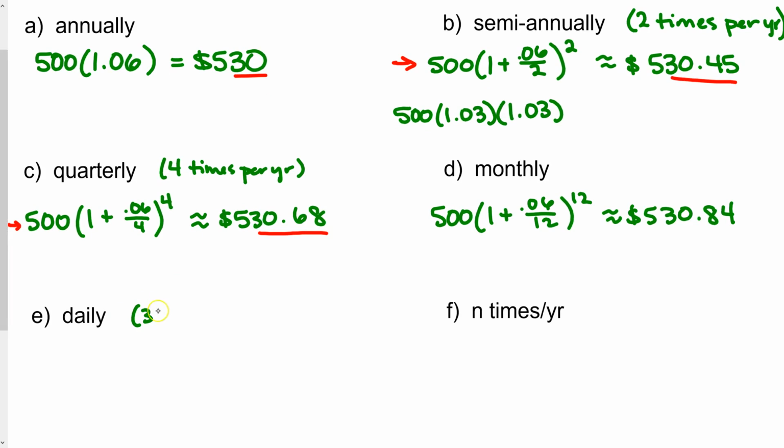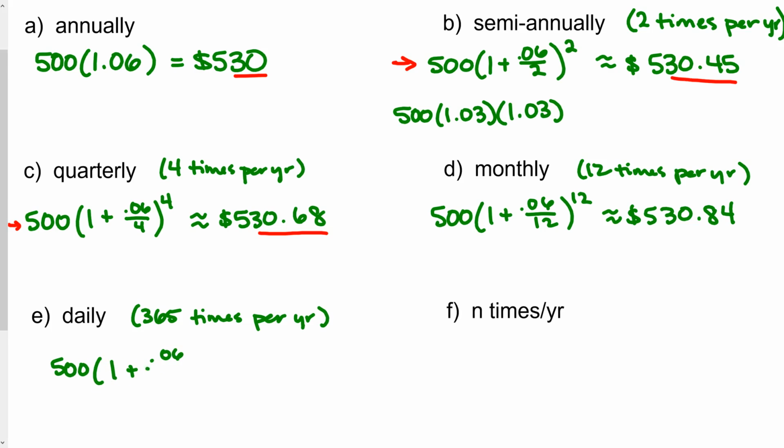We don't worry about the whole leap year thing. So we have 500 times 1 plus 0.06 divided by 365 raised to the 365th power. And rounding to the nearest penny, this one gives us